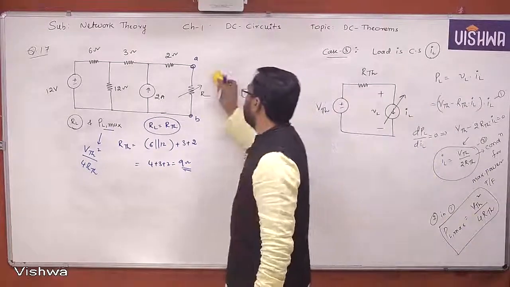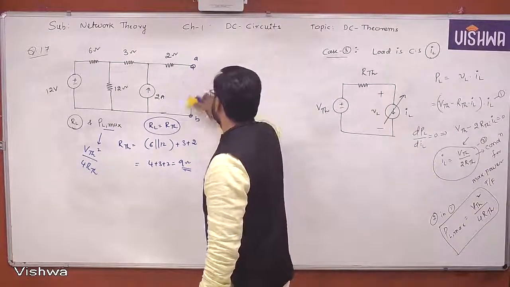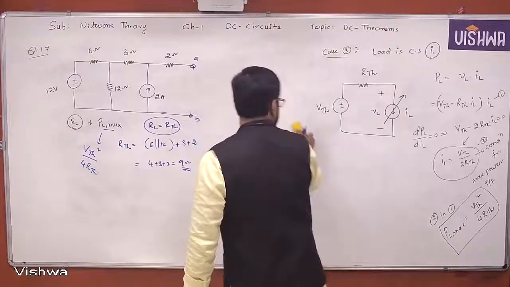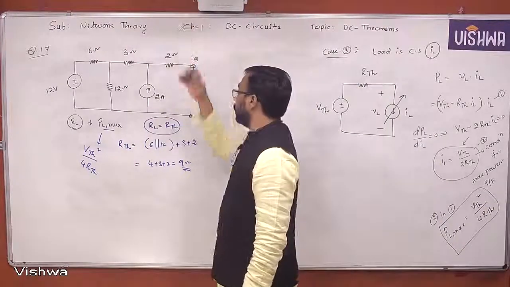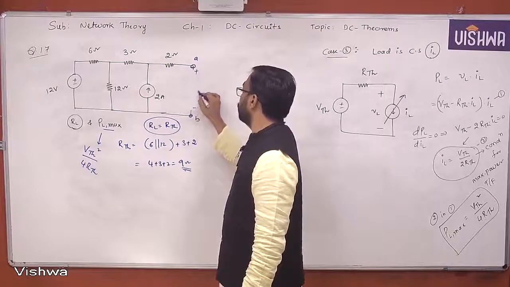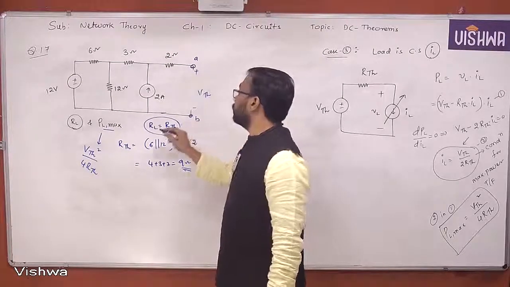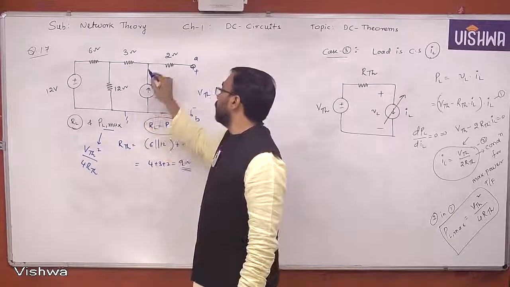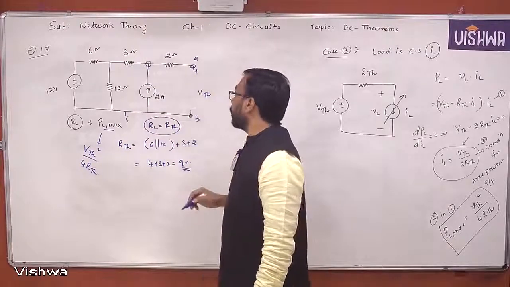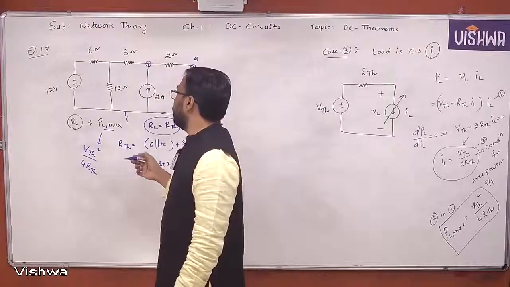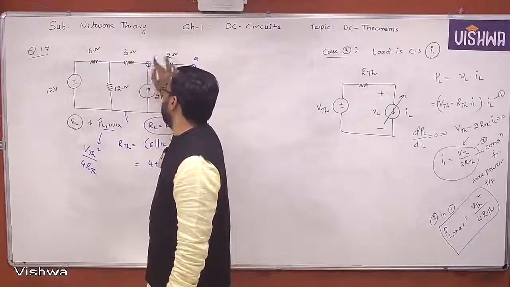Let us remove this load to find both RTH as well as VTH. We have to remove the load and let us find VTH. Now this is nothing but VTH. But to simplify, with the minimum number of equations, let me not take any variable here, but